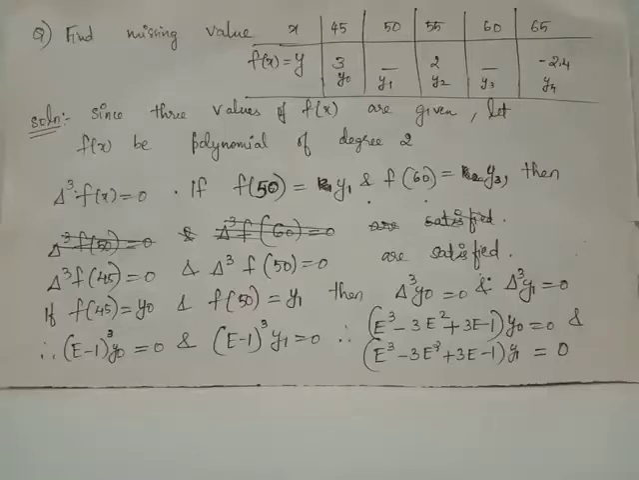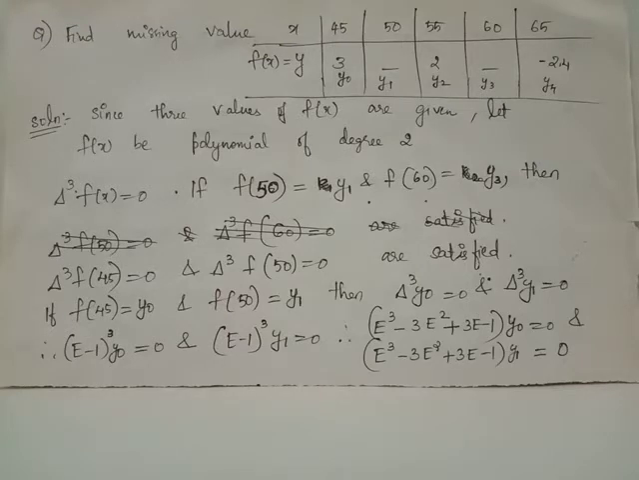Find the missing values for the tabular data x: 45, 50, 55, 60, 65 and f of x values: 3, blank, 2, blank, negative 2.4. Let us assume the f of x values as y0, y1, y2, y3 and y4. We have to find out y1 and y3. Since we are given 3 values of f of x, we will assume that f of x is a polynomial